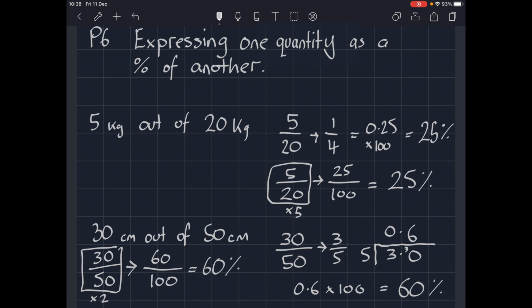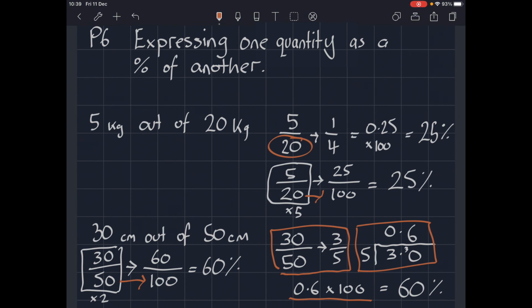So it all depends on your number. If your number can be made into 100 quite easily, like we did in this example or this example, that will probably be the easiest method. If it can't be made into 100, you'll have to simplify your number, and then you may end up having to do some division, and then you'll times your number by 100. So it does depend on your number, and it requires you to have a think about which method will be